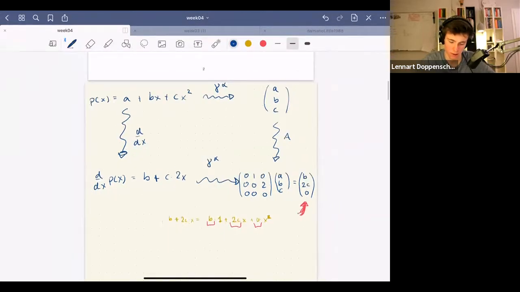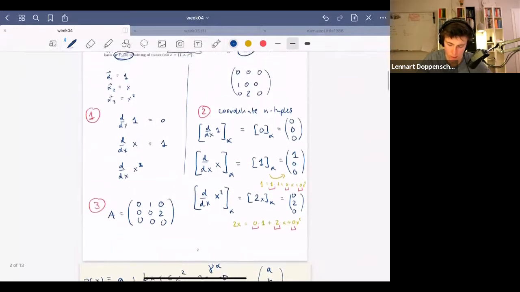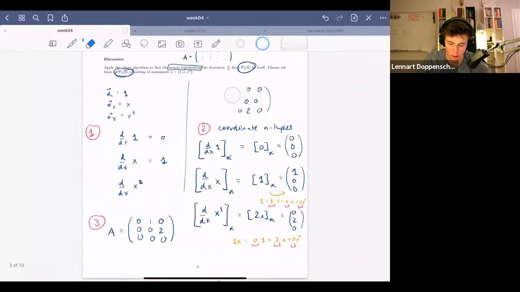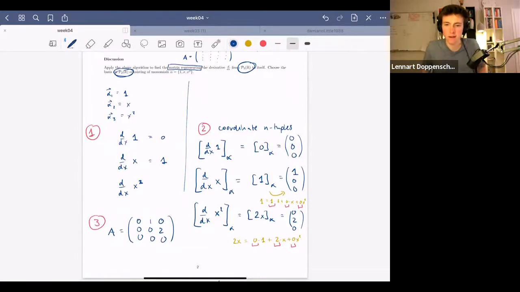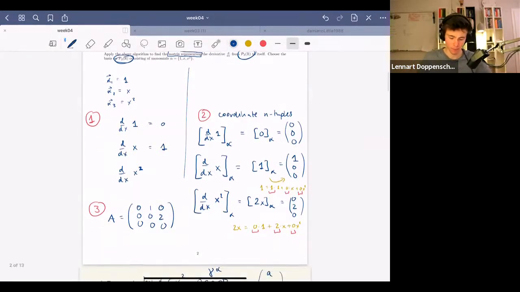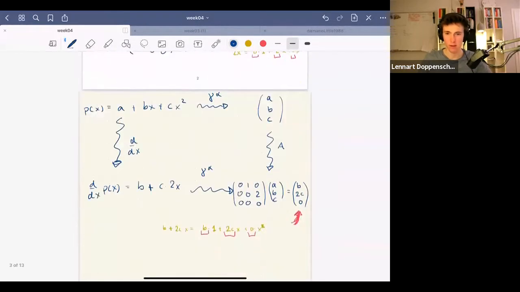Any questions? So yeah, this should be the transposed of what you suggested. But it depends on the basis, and here the order is 1, x, x squared. Your answer would be correct if the order was different. At least in one of them, I think it would be different. But yeah, this is the answer.